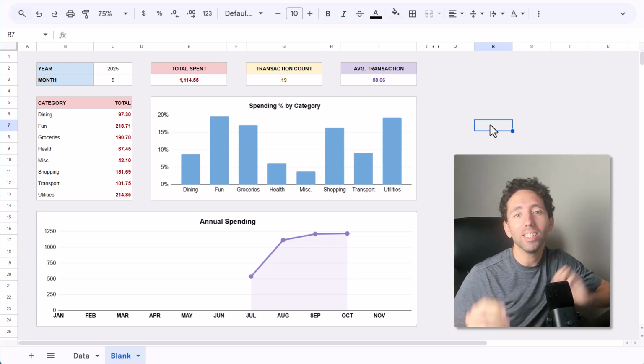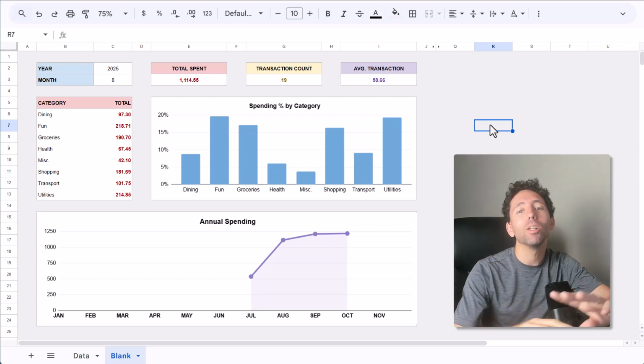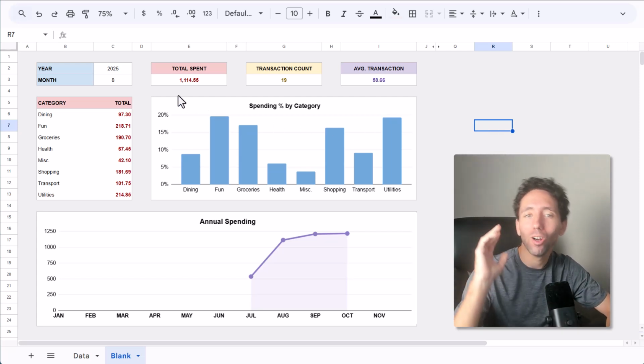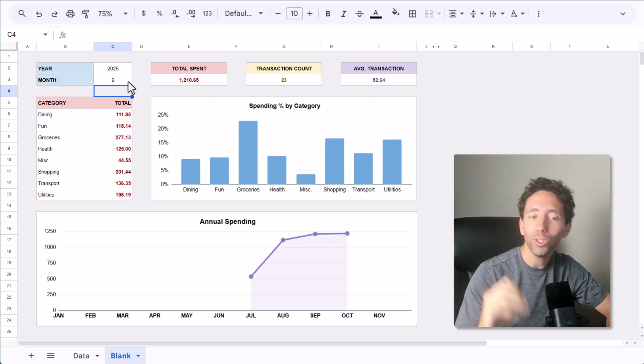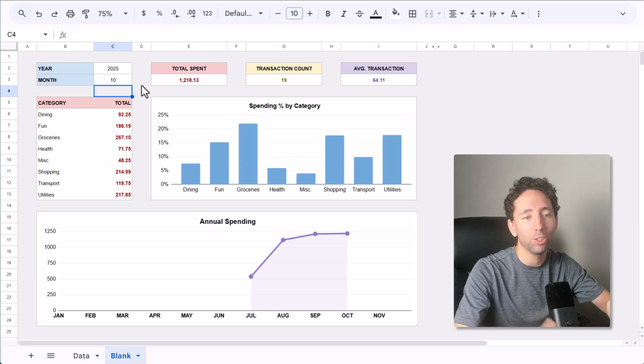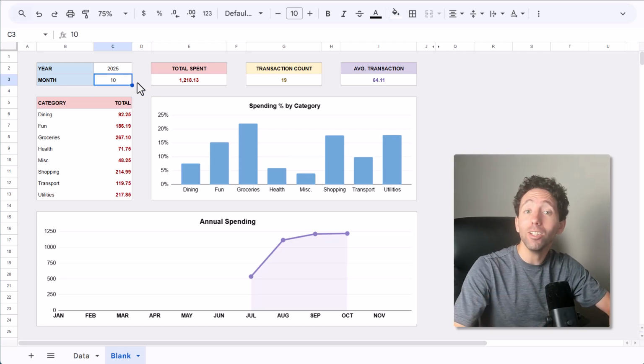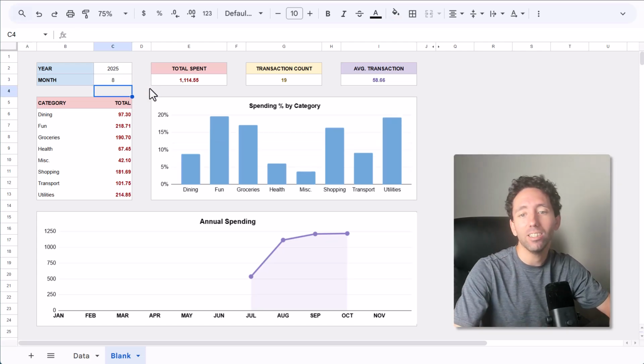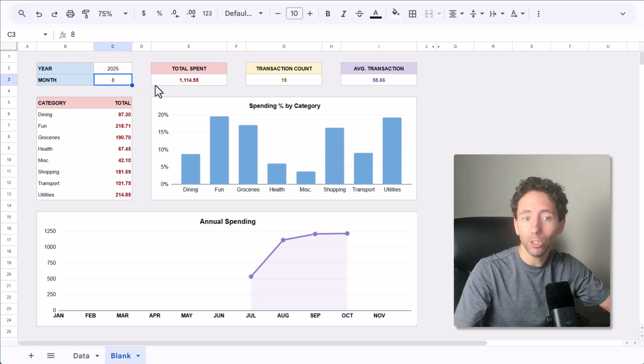I'm going to show you how to take your spending data and build this awesome Google Sheets dashboard all the way from scratch. Once you've made it, you just adjust the year and month, and all of the calculations and charts update automatically. Not to mention, you can keep adding data to the spreadsheet over time and potentially use this